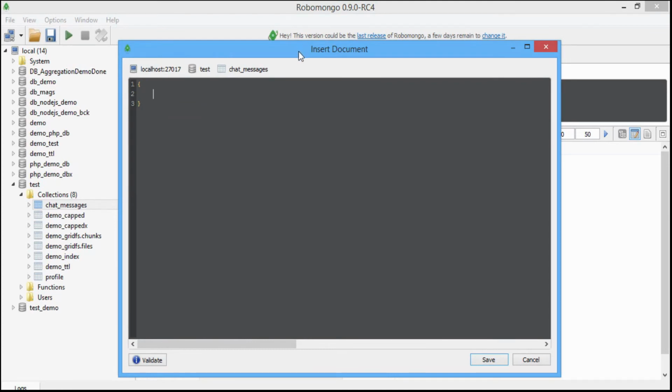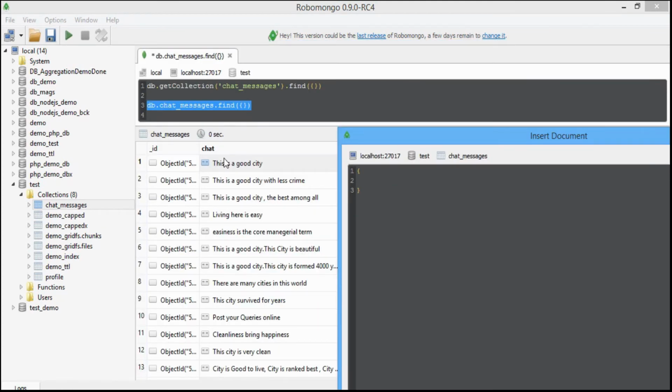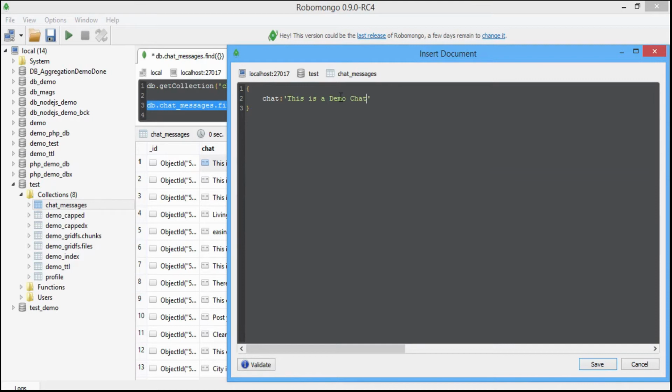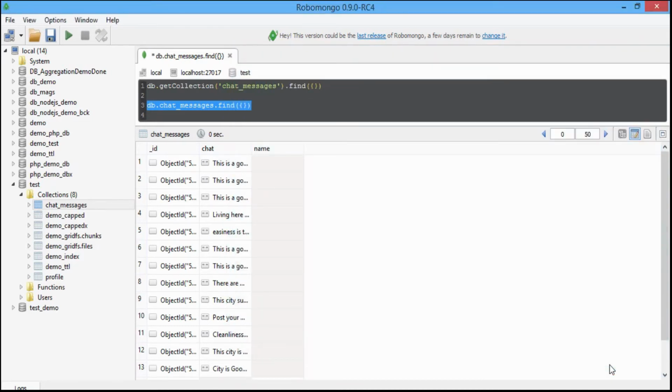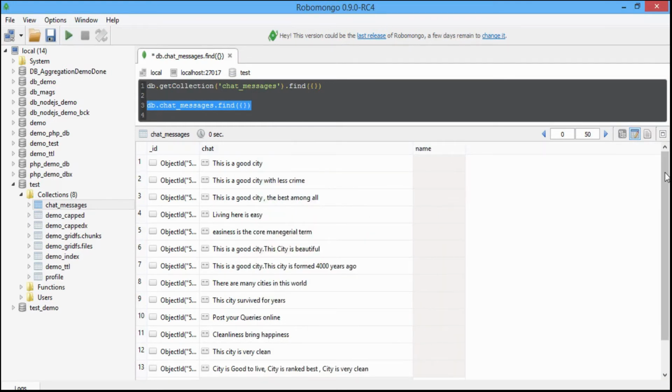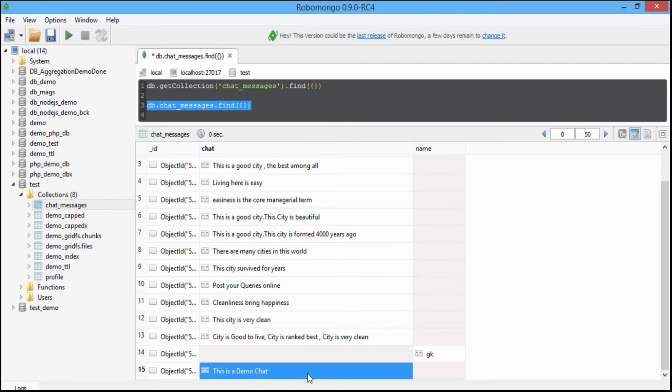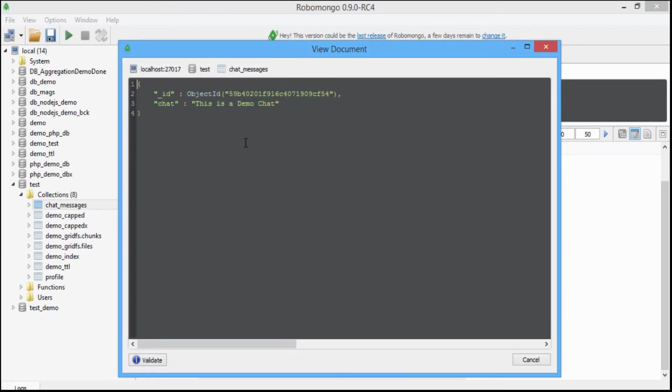For example, in our case, we have a field called chat. So I'm going to do the same. Key and value. Save. So our document must be here. Yes, we got it. So this is the one we inserted.